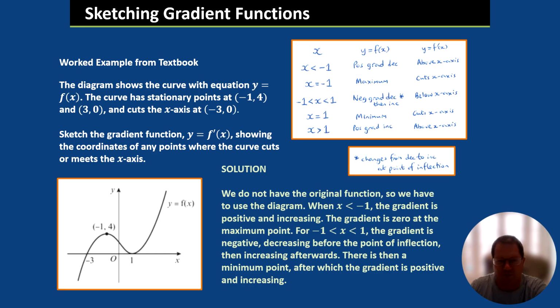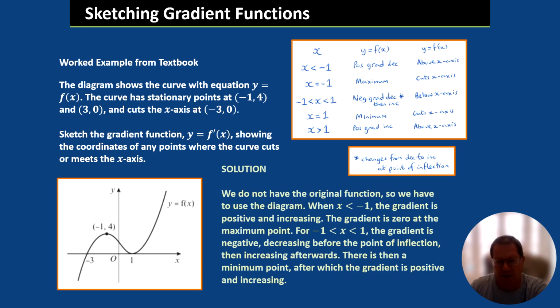A worked example from the textbook. The diagram shows the curve with equation y equals f of x. The curve has stationary points at -1, 4 and 3, 0, and cuts the x-axis at -3, 0. Sketch the gradient function y equals f dash of x, showing the coordinates of any points where the curve cuts or meets the x-axis. Well, this time we do not have the original function, so we have to use the